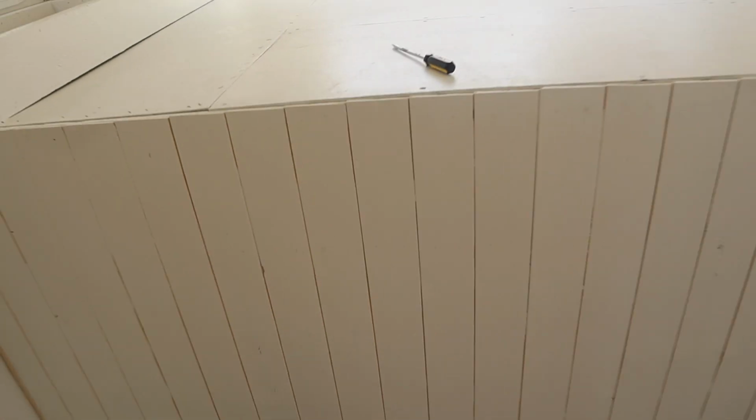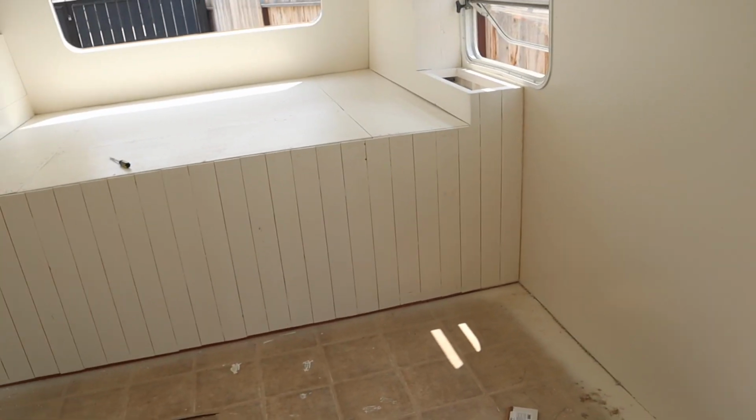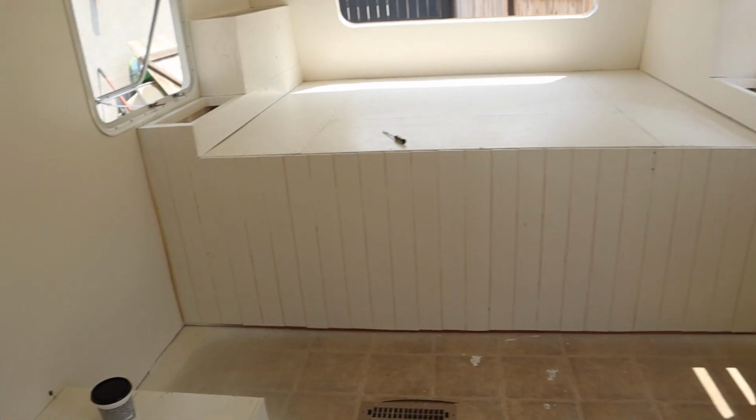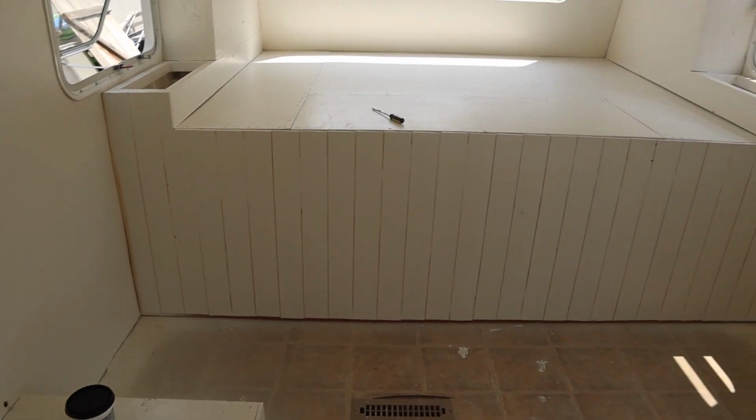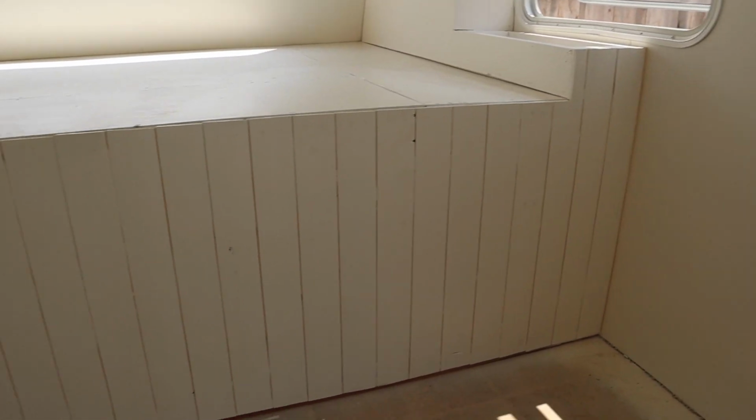But yeah, I think I'm gonna leave the spaces in between instead of shoving the paint in between them. I'm not 100% sure yet, but I'm like 95. So I'm gonna let that dry. I filled all the nail holes, and then I have one more coat, and then that should be it on